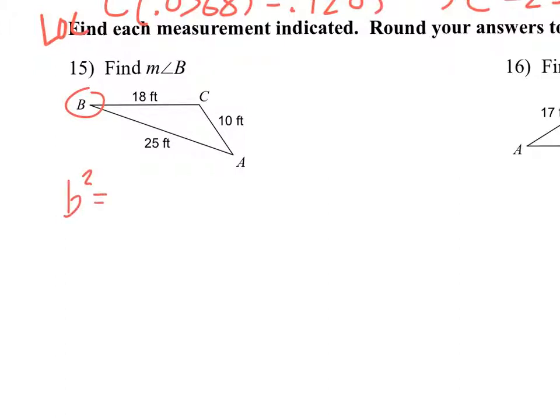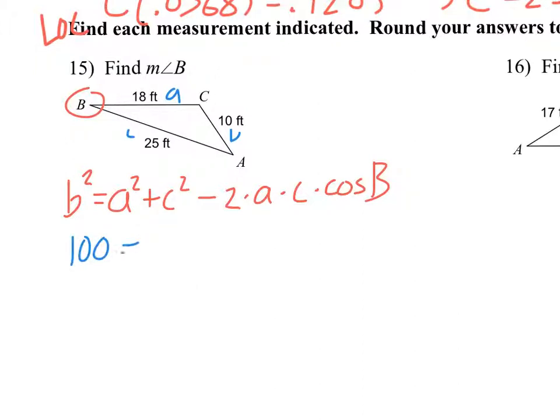So b squared is by itself, then we've got a squared plus c squared, and then minus, I'm going to use the same letters as here, 2 times a times c, and then I'm going to use the cosine of the angle that goes with the one on the opposite side, times cosine of b. So plugging stuff in, we've got b, a, and c,